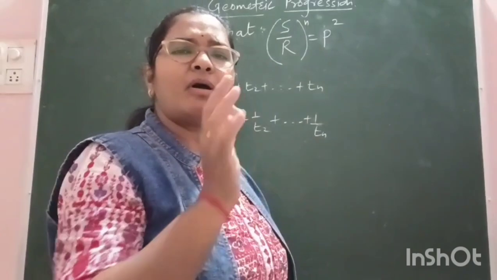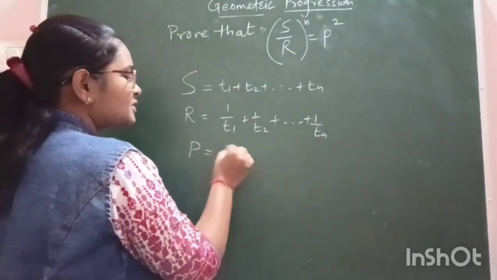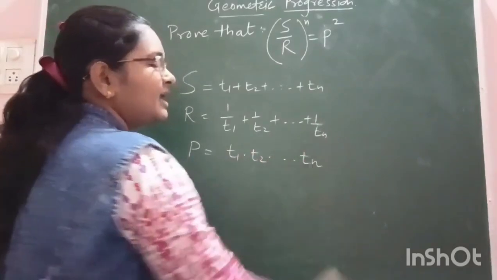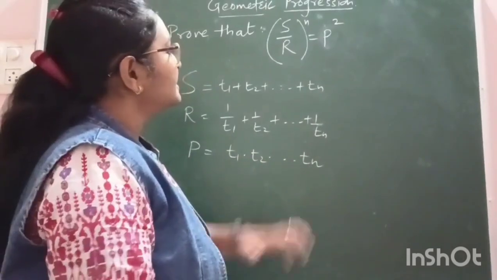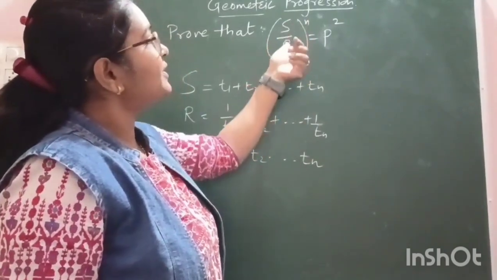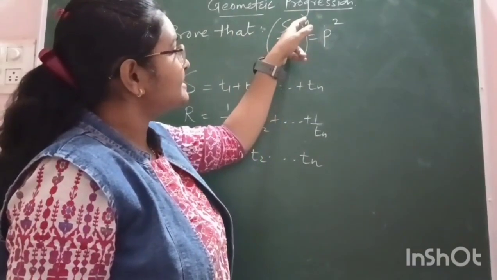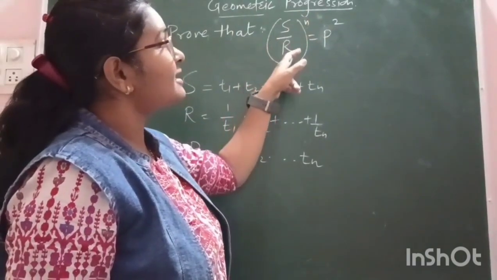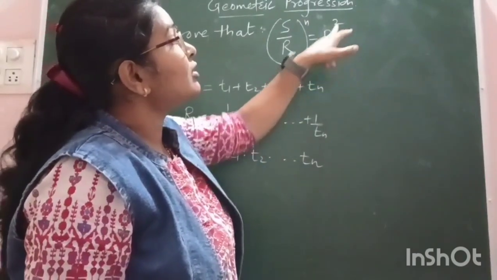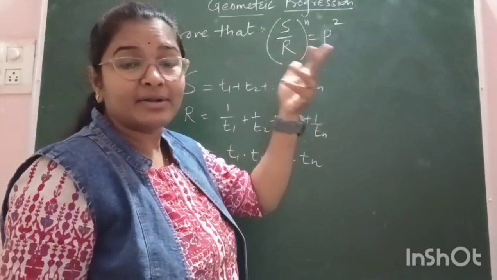Now, what is given P? P is the product of all the terms of the given sequence. That is, capital P is equal to t1 into t2 till tn. Now dear children, this condition is given and we have to prove this. S upon R raised to n means we have to consider the ratio of S and R and its nth power we need to prove equals to the product of all terms of the sequence,